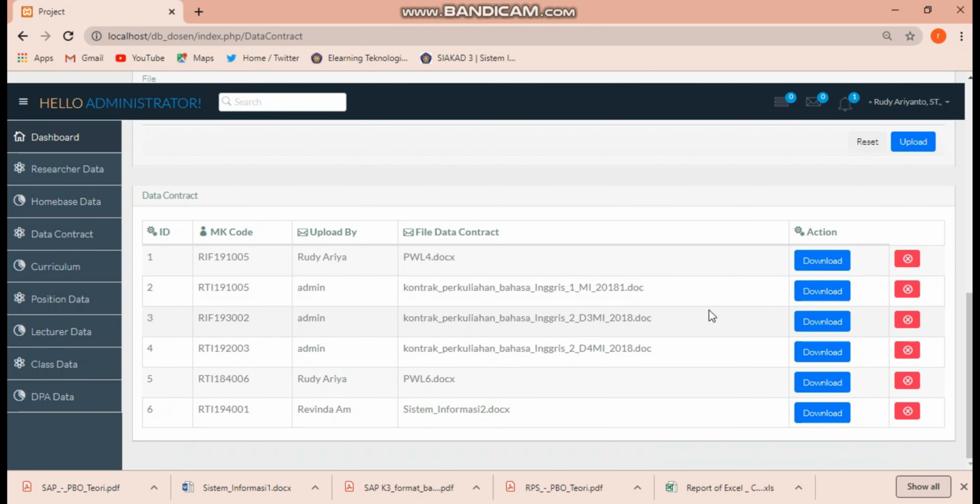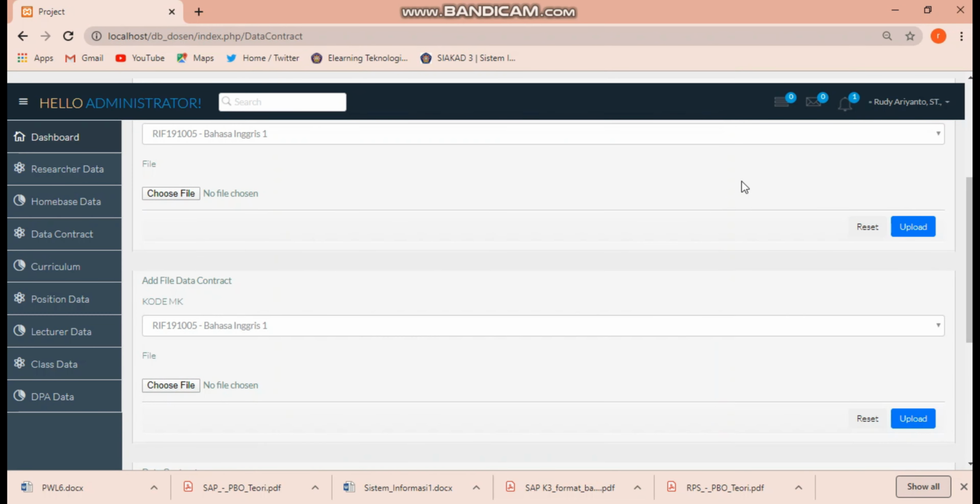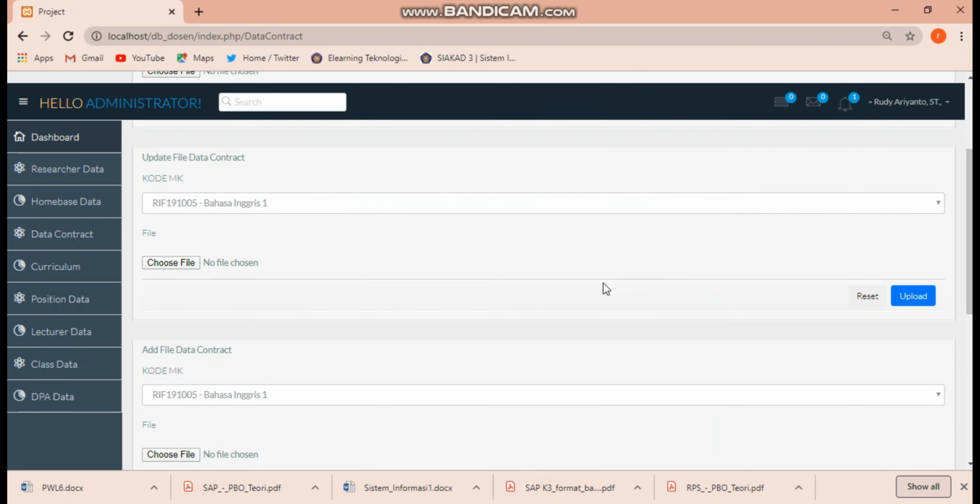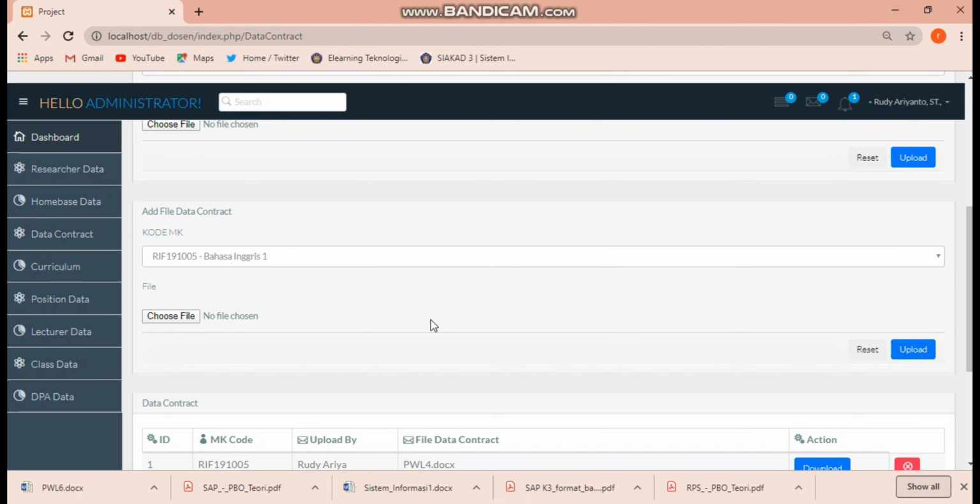The data has been uploaded and can be downloaded like this. The difference between add file data contract and update file data contract is that if the data already exists, it cannot be refilled, and it will appear as fresh data. After that, you can log out.